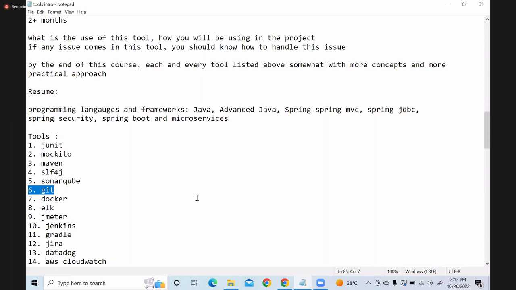So how many of you know about Git? You don't have the chat option, right? One minute, I'll call that name.